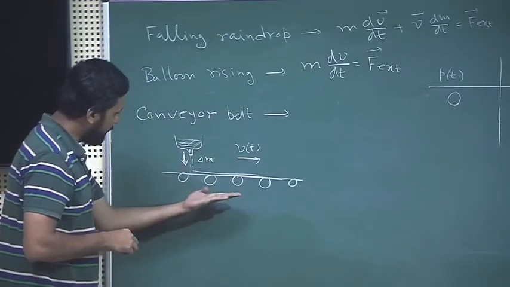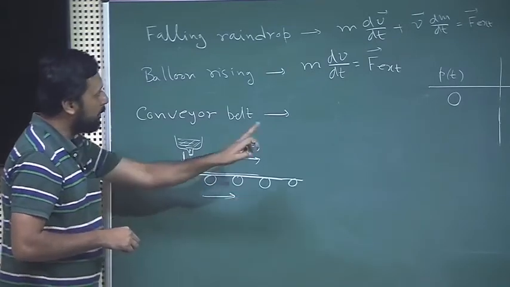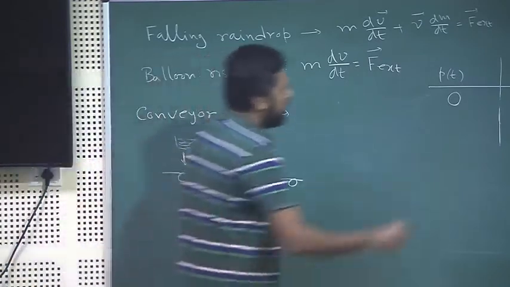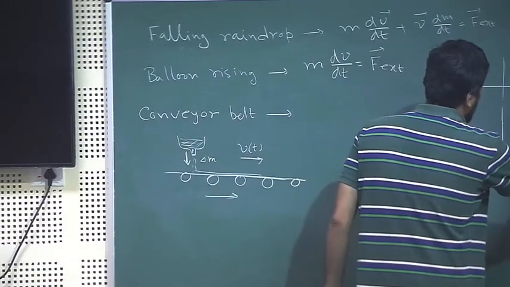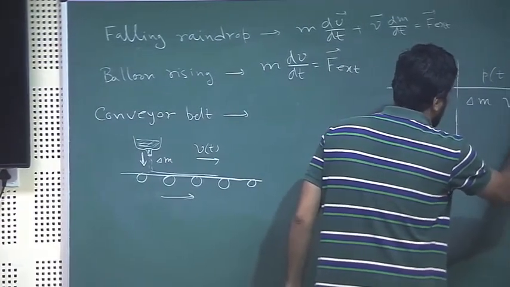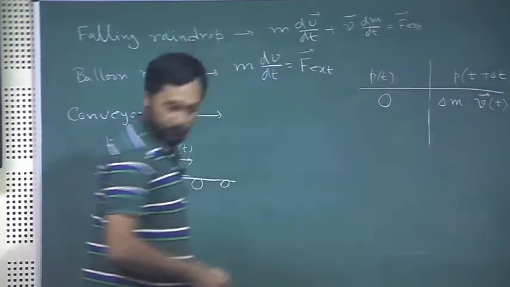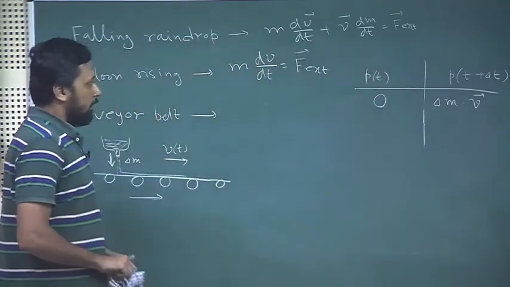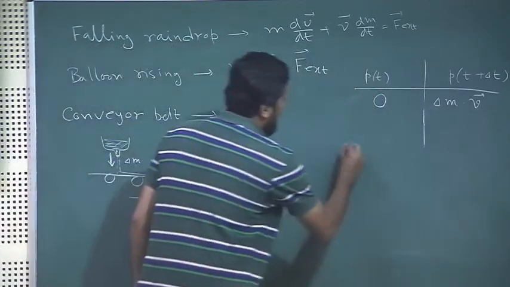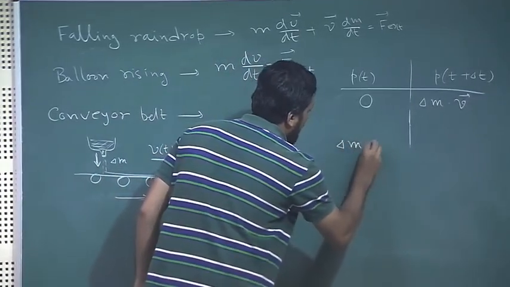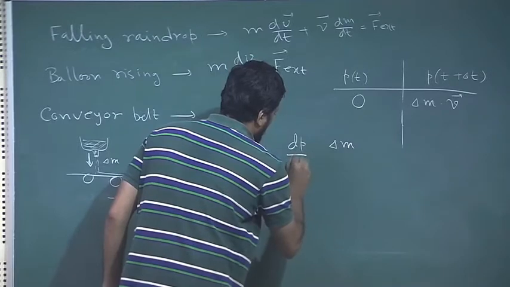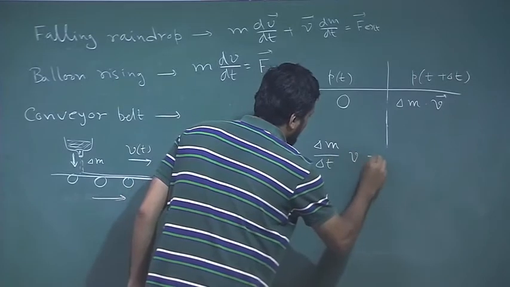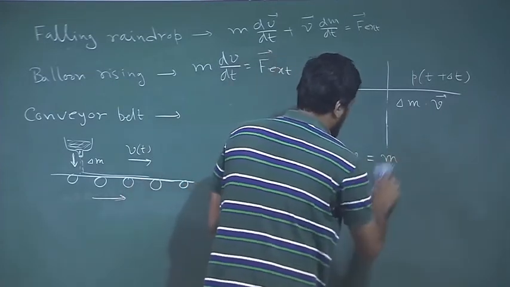So, there is no component of velocity in this particular direction. So, the initial momentum is 0, and the final momentum at time t plus delta t is delta m times v. Okay, sorry, simply v, not v of t. So now we once again construct the equation. Your dp/dt will be the limit as delta t goes to 0 of delta m over delta t times v, which is simply v dm/dt,